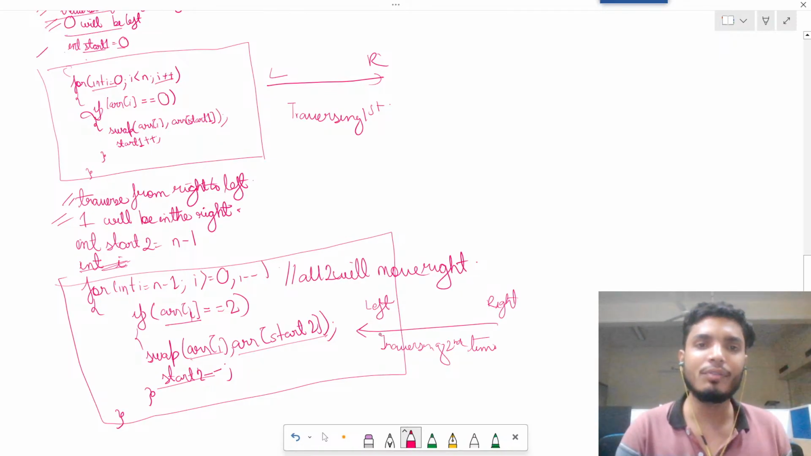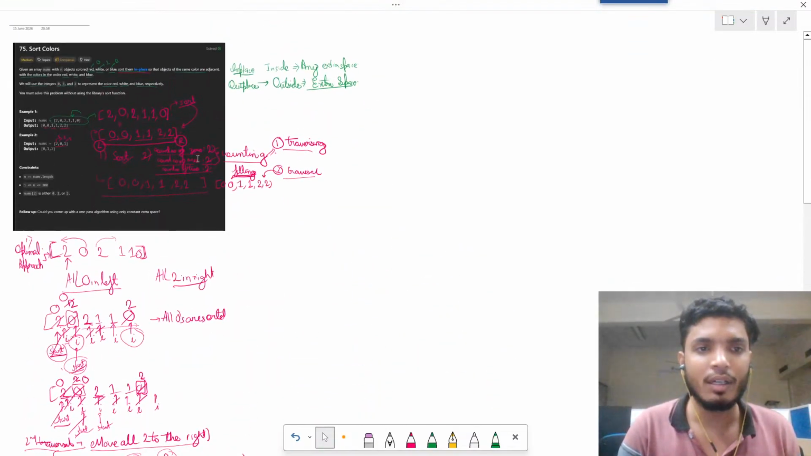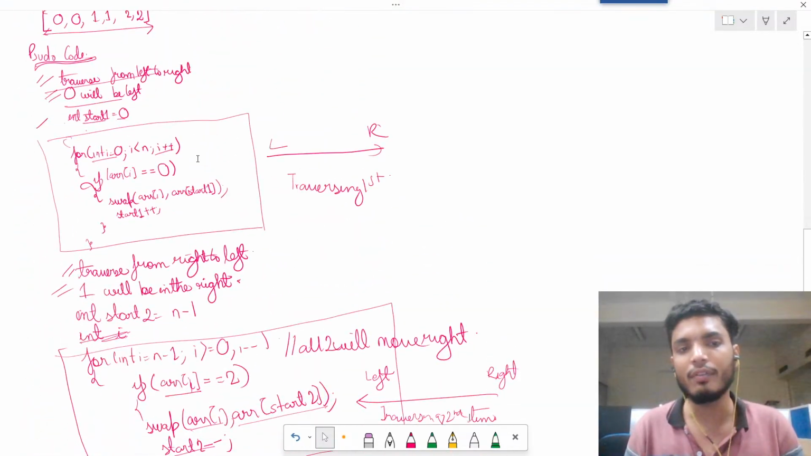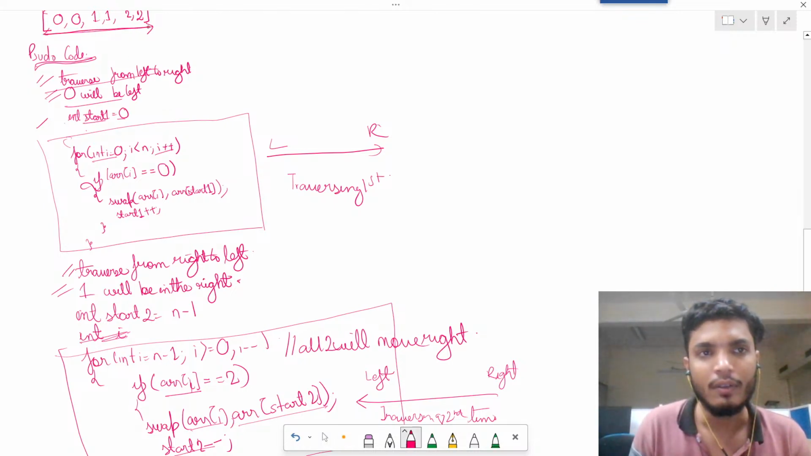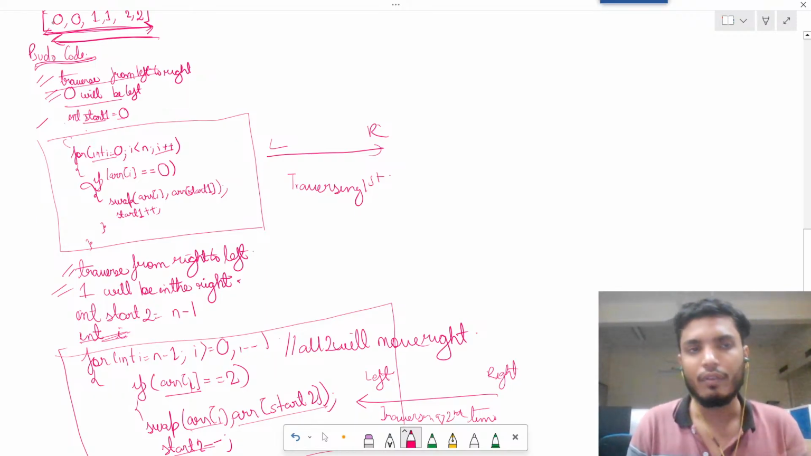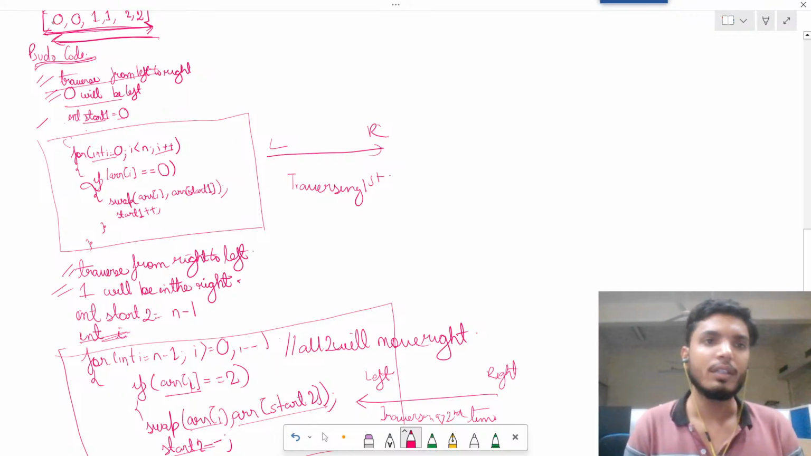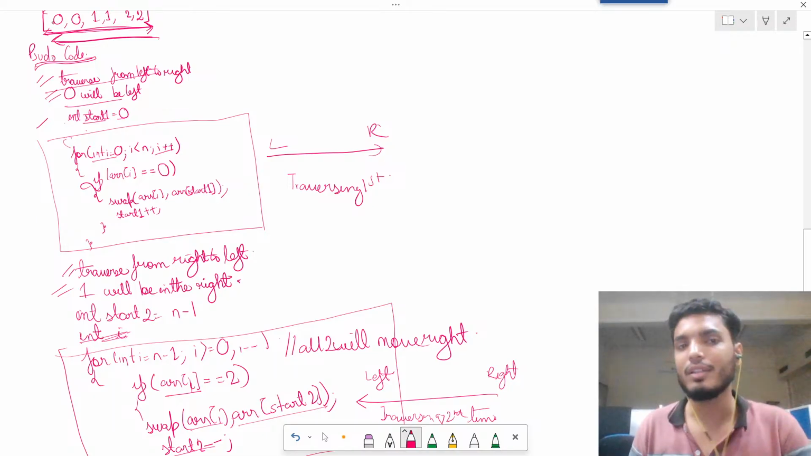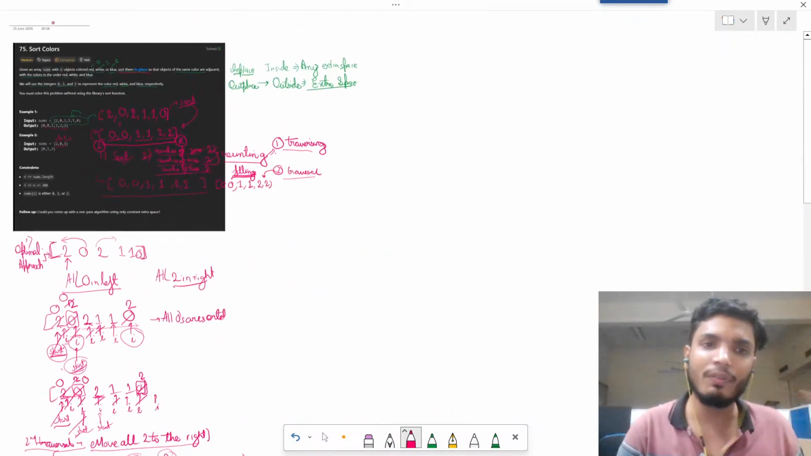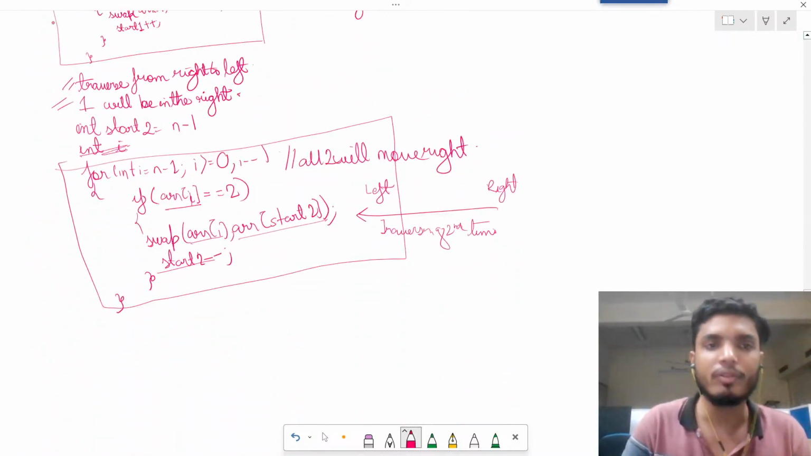But again the interviewer will ask you, see, you have used traversal two times, you have traversed the array two times. First traversal was from here to here, second traversal was from here to here. In the first traversal you are moving all the zeros to the left, in the second traversal you are moving all the twos to the right. But if I am asked to do this in one traversal, so see, I have explained everything which you need to do in the interviews, and the interviewer will be very happy